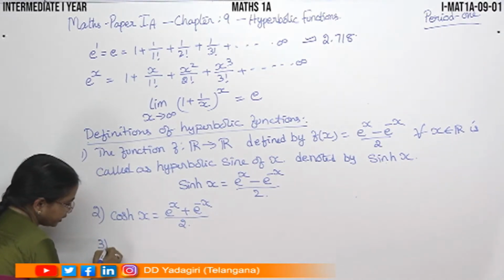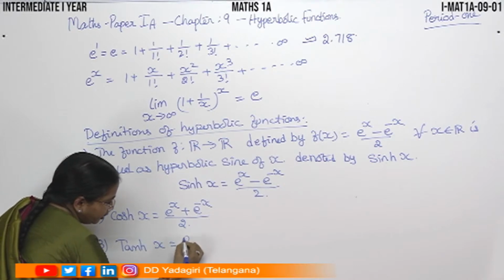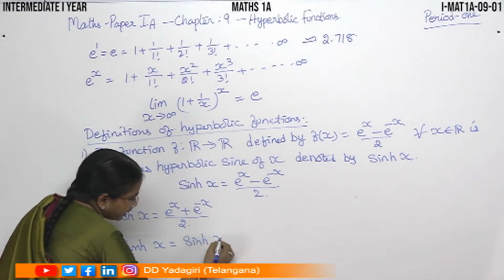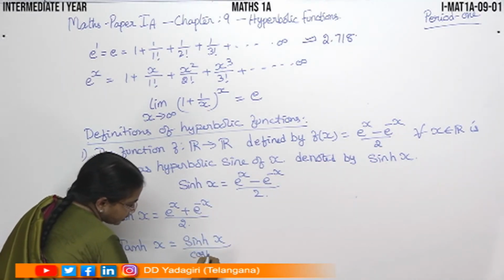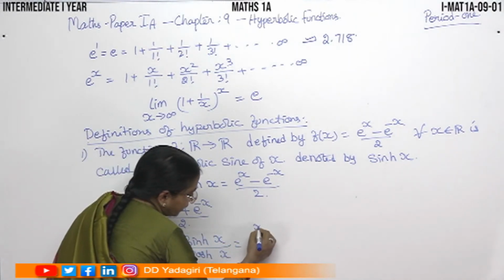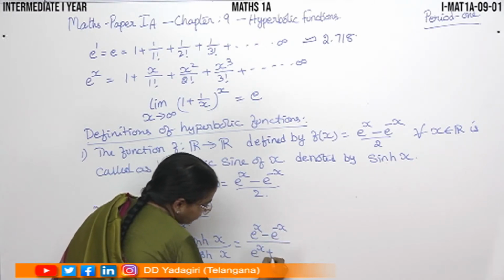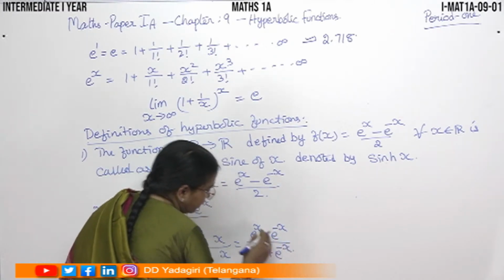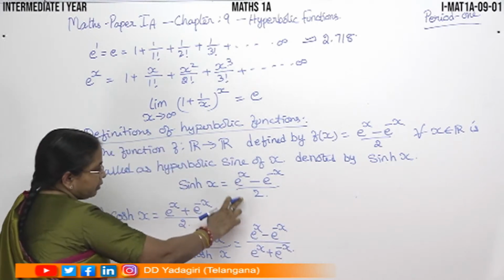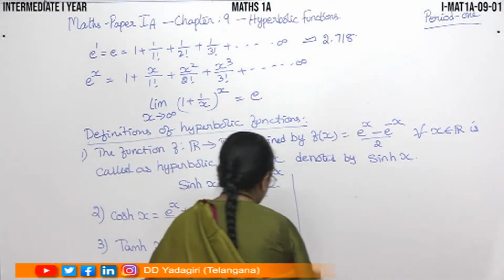Next, third one is tan hx. Tan hx is equal to sin hx by cos hx. So when you divide these two, you will get e power x minus e power minus x by e power x plus e power minus x. Learn these definitions. Next, fourth one,